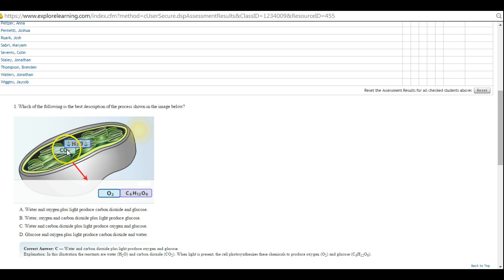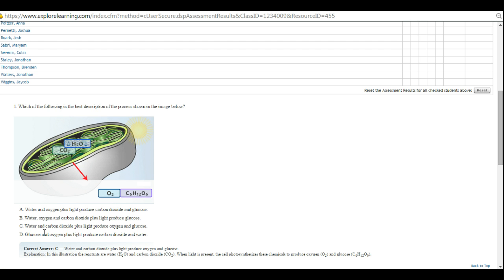Because here it is. You can see CO2, which is carbon dioxide, and H2O going in. These are inputs. And now this red arrow means output. You can see what's being outputted here, which is oxygen. And then this, remember we talked about, is glucose. It's a simple sugar. So if you looked at A, B, C, and D,